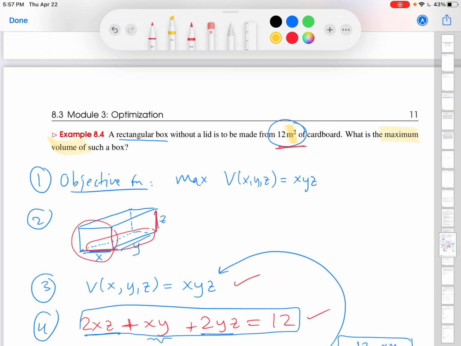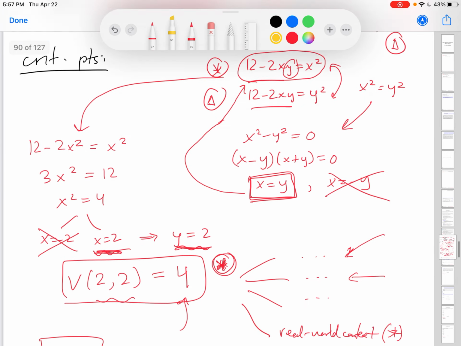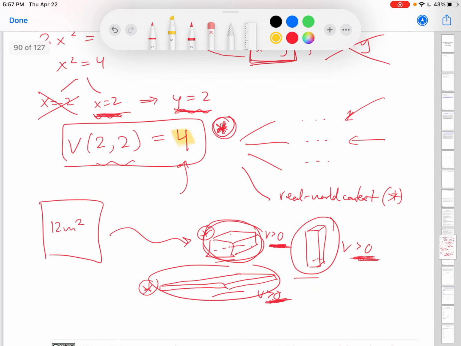So they didn't want us to find the dimensions of the box of maximum volume. They wanted us to actually find the maximum volume. So the actual answer to the question here posed would be 4. And to wrap up this video, I'm going to switch over then and show you what this graph looks like